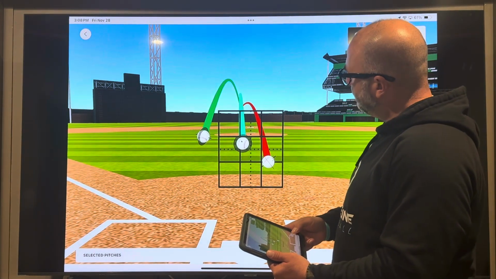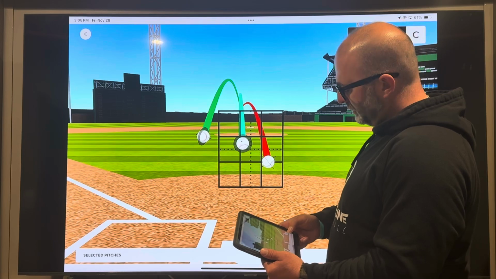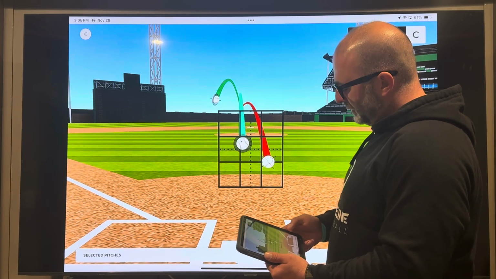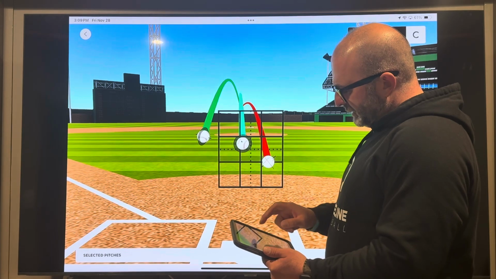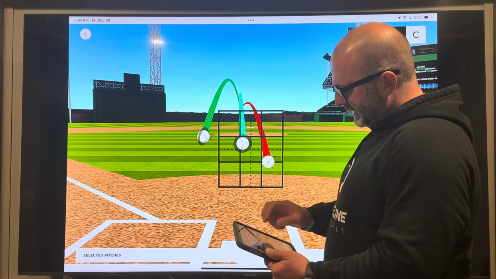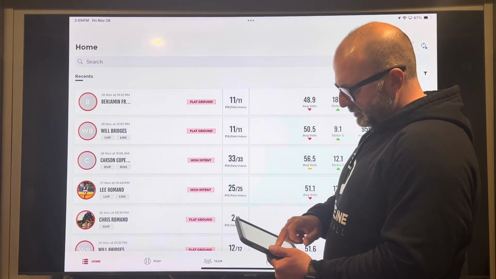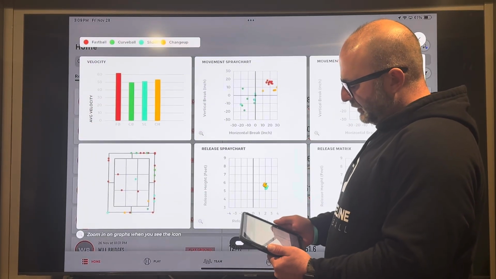So let's watch it one more time. You can see how they all break apart really early on, so you can see what pitch is coming in. All right, let's go back. Oops. All right, let's go back here. So if we look